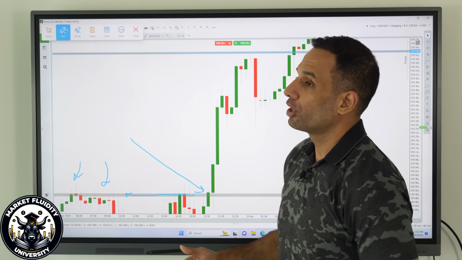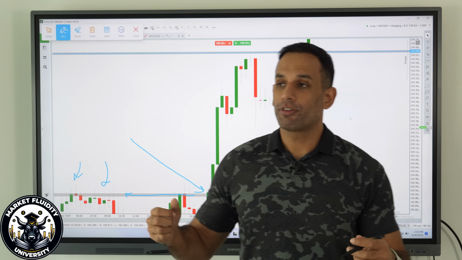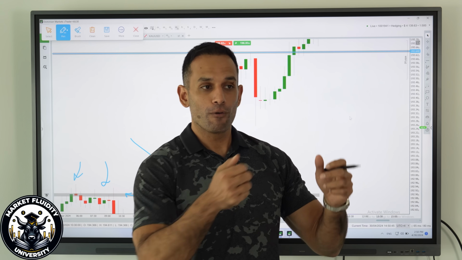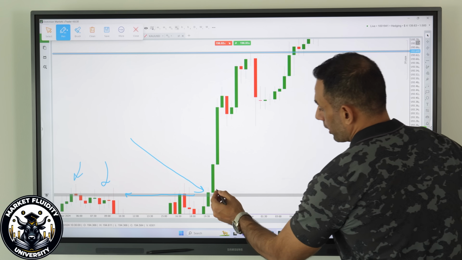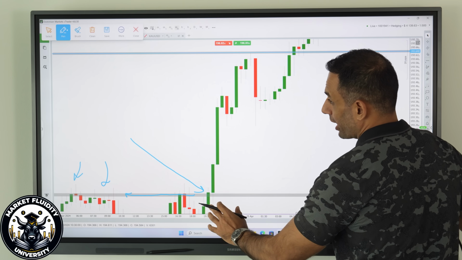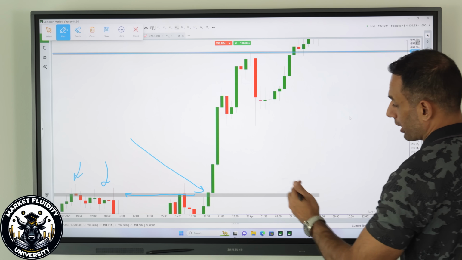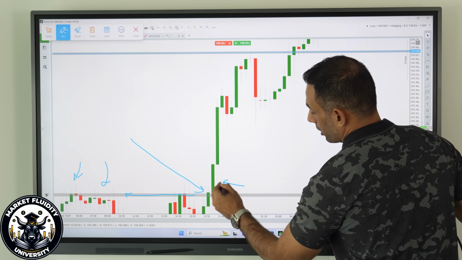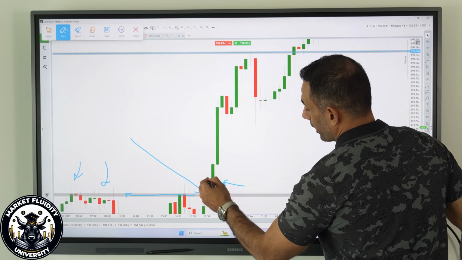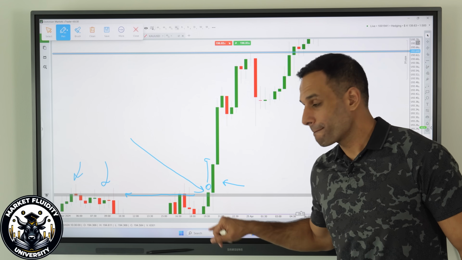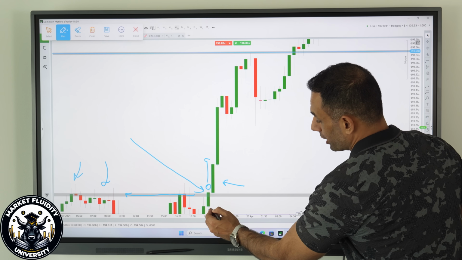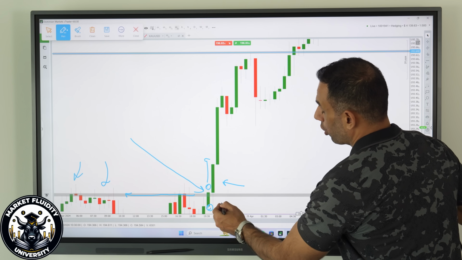You've got to look at it this way. Whenever price is consolidating, volume is going to be your weapon for where price is going to go. Next candle moves up. So this is the first scenario where the breakout is happening. Breakout happened where this candle broke the high, and then we continue to push up. Before this candle broke the high, this candle moved down, breaking the low, and then we moved up.